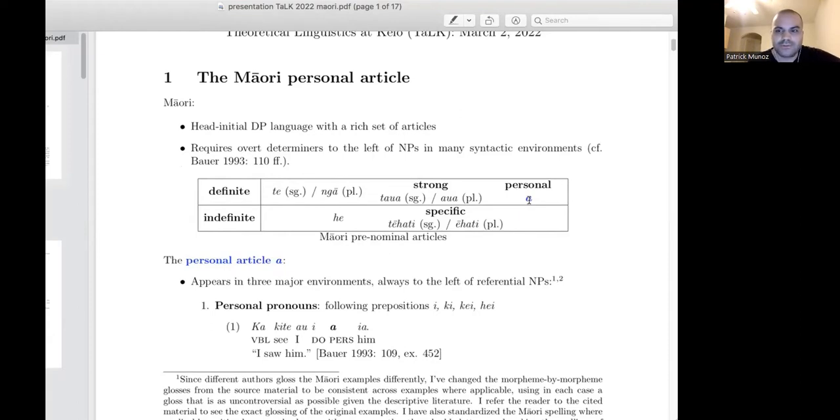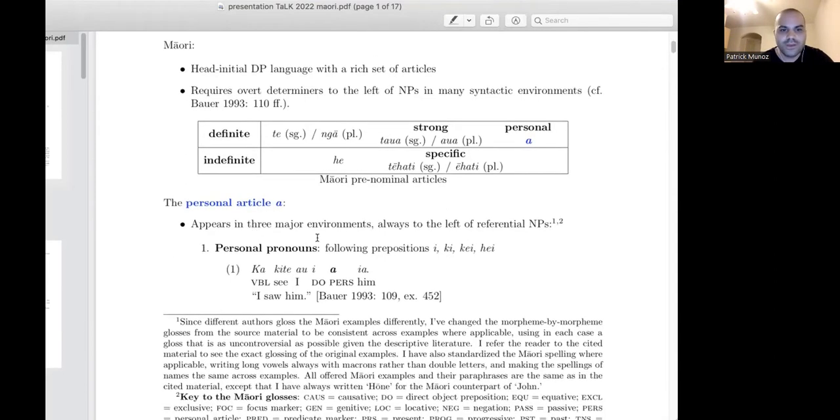It mirrors stuff you find in lots of European languages, especially in North Germanic languages, that get special marking for certain noun phrases, including names and sometimes also pronouns even, where you have a determiner to the left of them. Maori is interesting because unlike these languages, the marking is highly regular and robust, and there's nothing else in the language that looks like it. So it has a special dedicated category that you just put on things like referential proper names, pronouns, and so on, right?